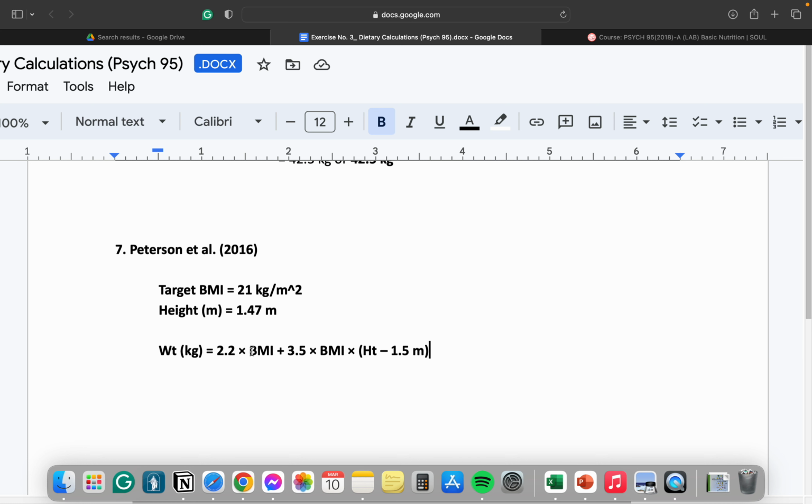You just need to substitute for BMI and height in meters. All right, so again, we are determining your desirable body weight using Peterson et al. in the sense of targeting a specific BMI. Okay, 2.2 times your BMI, which is 21, plus 3.5 times your BMI, 21 again, times height. Height is 1.47 meters